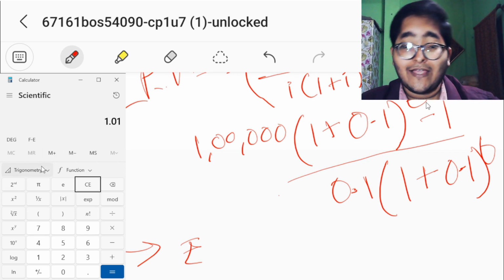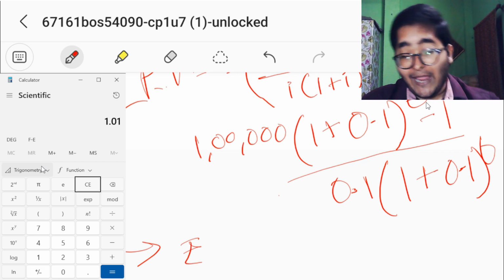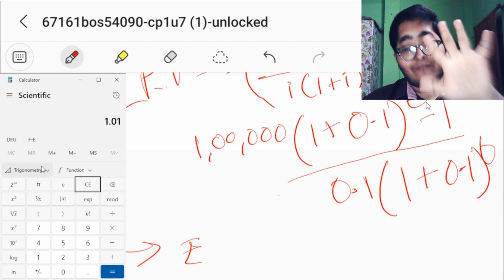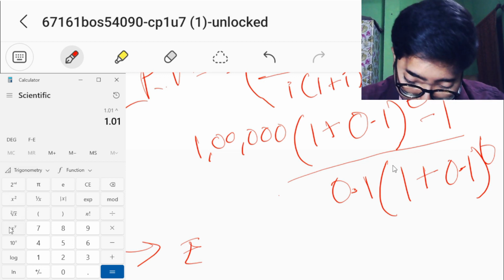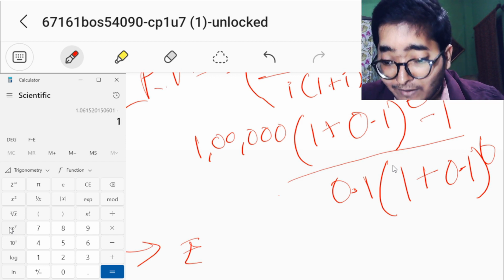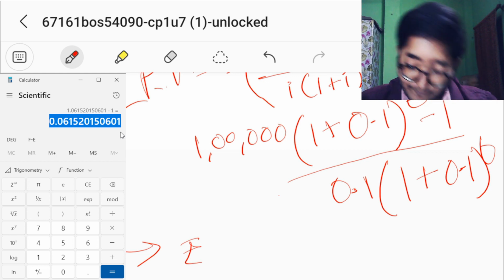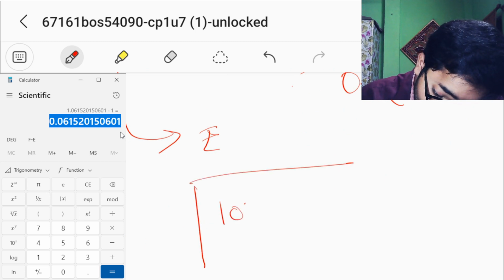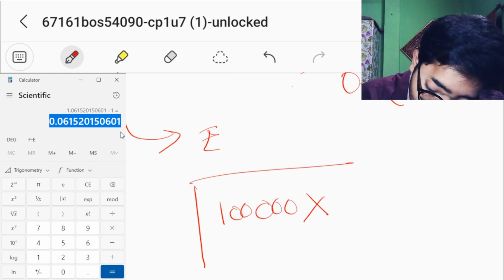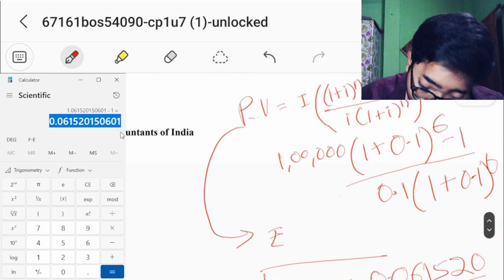अब हम लोग करते हैं 1.1, एक साइंटिफिक कैलकुलेटर, ये जो डेस्कटॉप का कैलकुलेटर है, आप आपके कैलकुलेटर में भी कर सकते हैं। 1.1 इंटू इक्वल्स टू दबाना है 5 टाइम्स। सो 1.1 टू द पावर 6 माइनस 1, ये आ जाएगा न्यूमरेटर का वैल्यू। इसको भी कॉपी कर लेता हूं और यहाँ पे मैं लिख भी देता हूं आपके अंडरस्टैंडिंग के लिए। यहाँ पे आंसर आएगा, लेकिन यहाँ पे वर्किंग नोट्स 1 लाख इंटू, हम लोग एक छोटा सा अमाउंट मान लेते हैं 0.06150, इसे मान लेते हैं। अब कैलकुलेट करते हैं जो डिनोमिनेटर है।